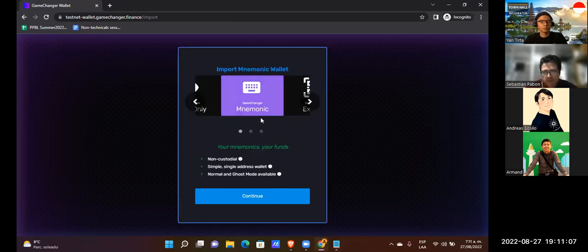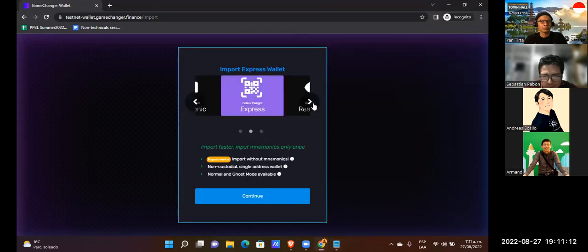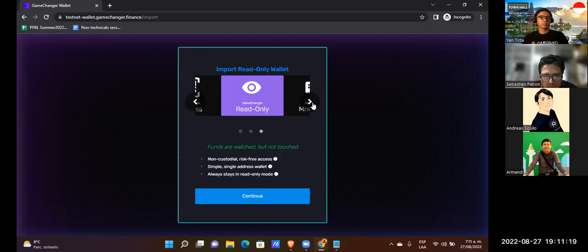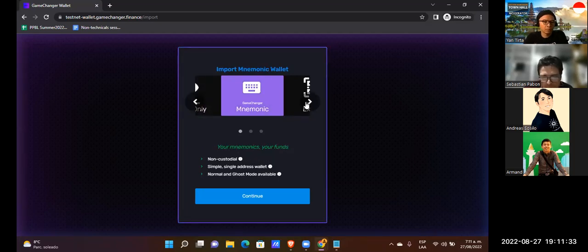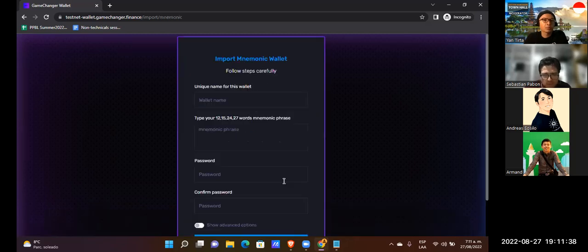Our mnemonic is our seed phrase, that seed phrase that we have here. Also, we can import through a QR code. Read-only is for looking at a wallet and not to make operations with the wallet. Okay, mnemonic. Continue, and all the process again.